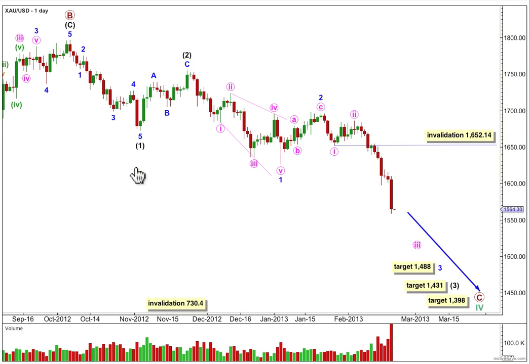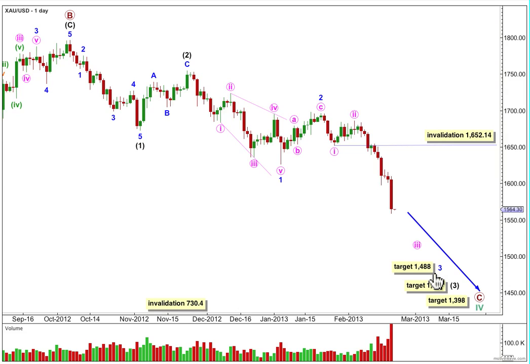We've probably got a first and second wave at intermediate degree complete, and now wave 3 is underway, with a leading diagonal for a first wave, a zigzag for a second wave, and the middle of the third wave probably began today, with 1, 2, and minute wave 3 probably incomplete.